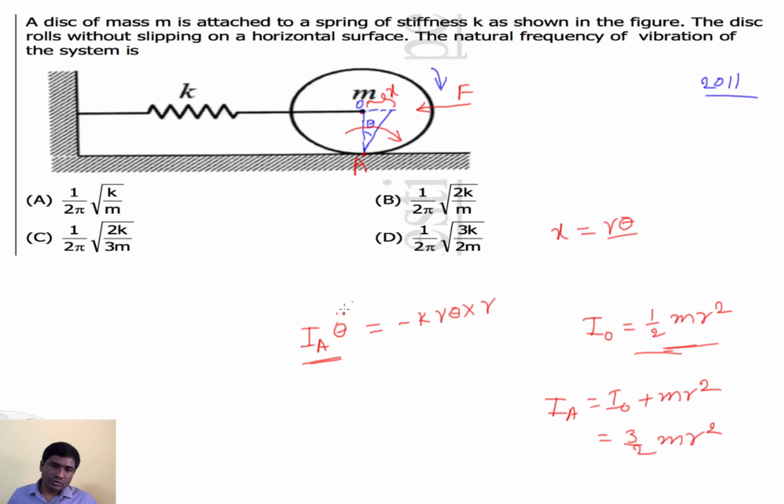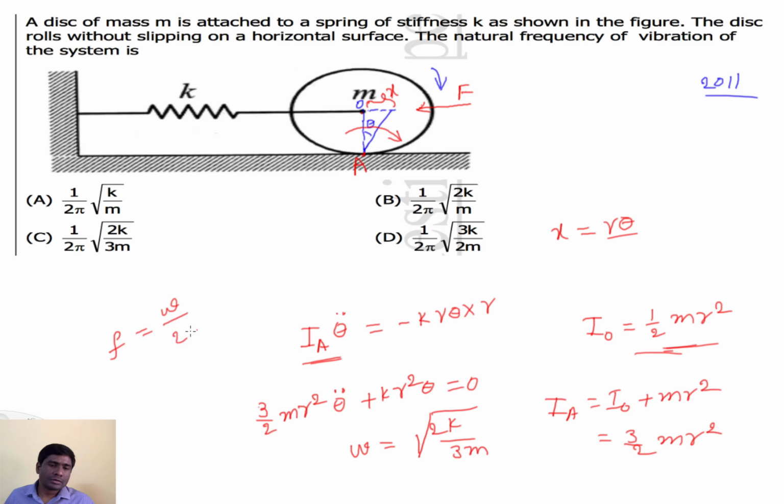And if I substitute all these in the equation, it will become 3 by 2 m r square into theta double dot plus k r square into theta equal to 0, and omega equal to the square root of 2k by 3m. So omega is this one, and he is asking for the natural frequency. Frequency means f. So f equal to omega by 2 pi. So here the correct answer is